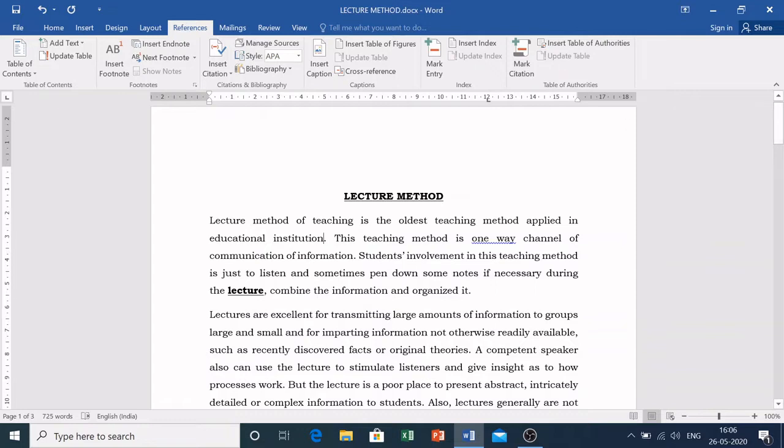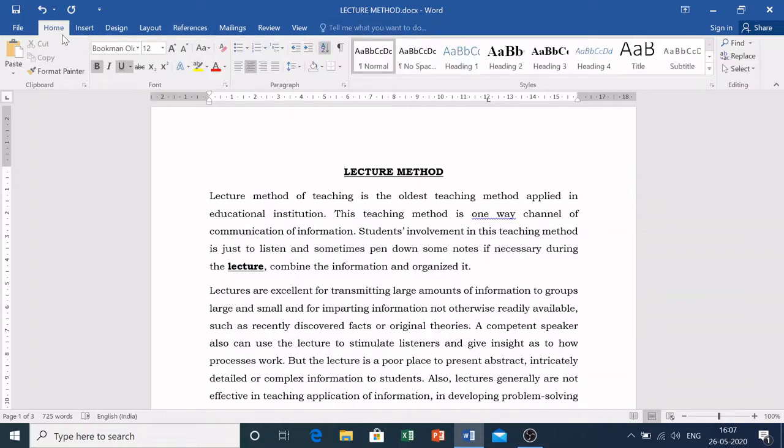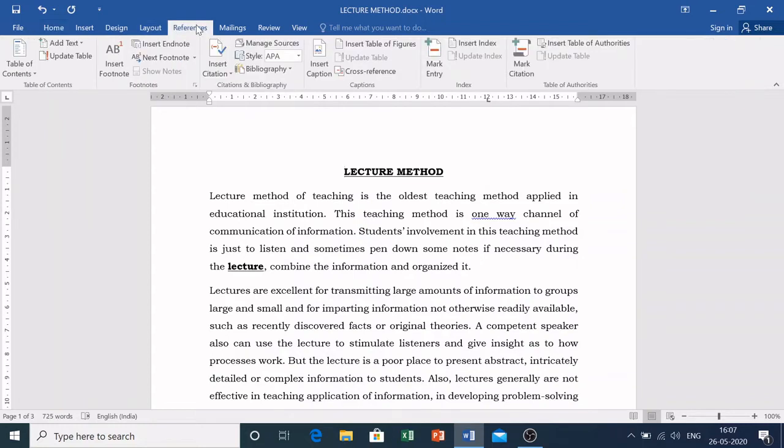Now this is a Word document, any Word document wherein you are writing your research report or your research article. Wherever you want to write, you can just open that document, right? Then on this tab, there is Home, Insert, Design, Layout, and then you can find the References tab. Click on the References tab first. Now this appears when you click the References tab.